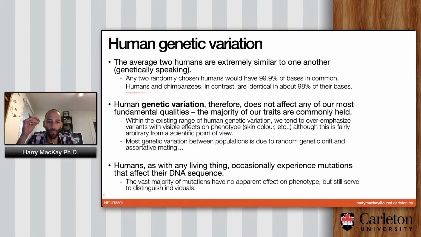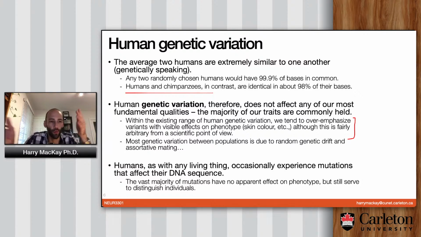The variants we do see and really emphasize are actually quite superficial. If you think about the amount of emphasis that's placed on, say, skin color, relative to how important this is scientifically, it's a bit of an indictment on human society, I suppose, because many of these outside phenotypic variants are meaningless or at least arbitrary from a biological perspective. Why would you prioritize one variant over another when it doesn't have anything to do with disease or anything meaningful?